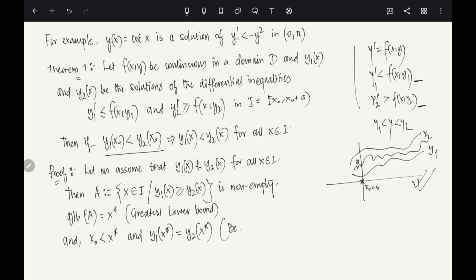Because of continuity. Okay, right. So if this is the case, what is happening is this. For h negative, let's look at it: y1 of x star plus h is dominated by y2 of x star plus h, right? And hence